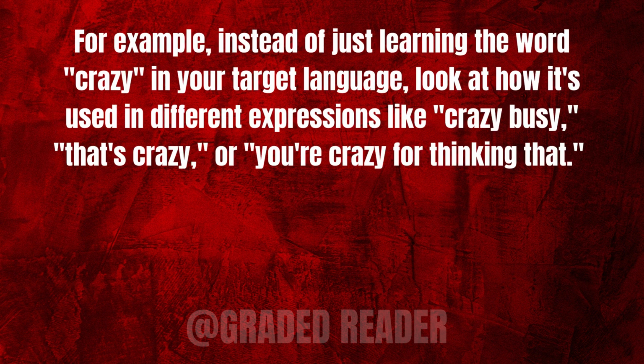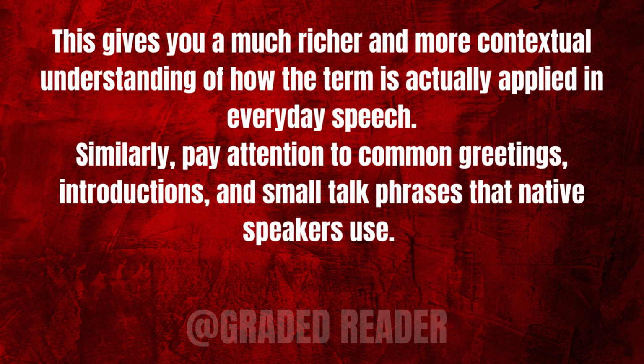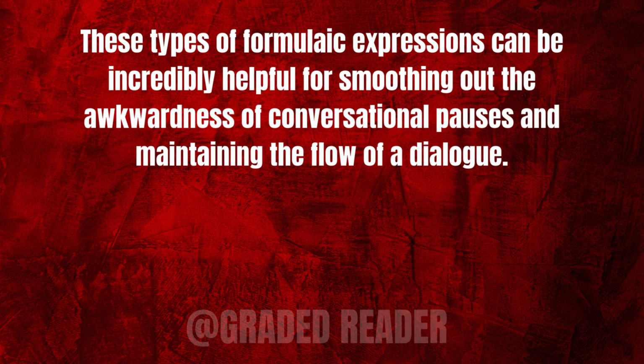For example, instead of just learning the word crazy in your target language, look at how it's used in different expressions like crazy busy, that's crazy, or you're crazy for thinking that. This gives you a much richer and more contextual understanding of how the term is actually applied in everyday speech. Similarly, pay attention to common greetings, introductions, and small talk phrases that native speakers use. These types of formulaic expressions can be incredibly helpful for smoothing out the awkwardness of conversational pauses and maintaining the